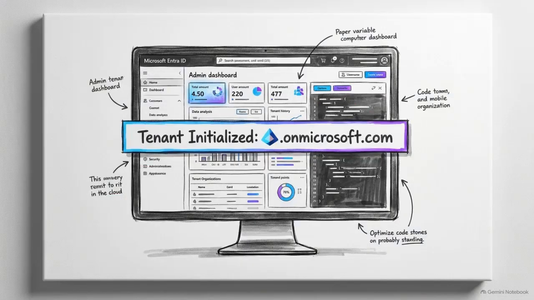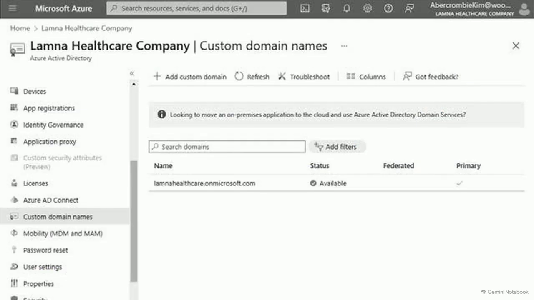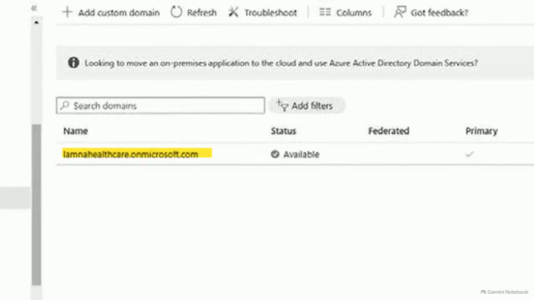Every new Azure Active Directory tenant comes with a permanent default domain name ending in .onmicrosoft.com. You cannot delete this initial domain, and any user you create will use it by default. Looking at the Custom Domain Names blade in the Azure portal, we can see this baseline configuration. The default domain is listed, its status is marked as available, and the checkmark indicates it is currently set as